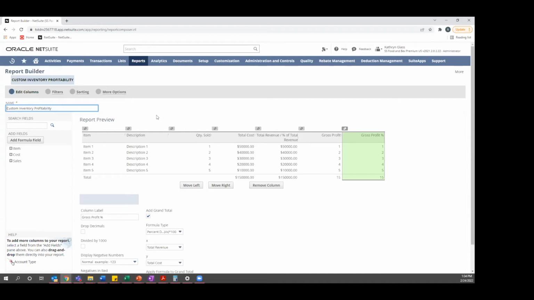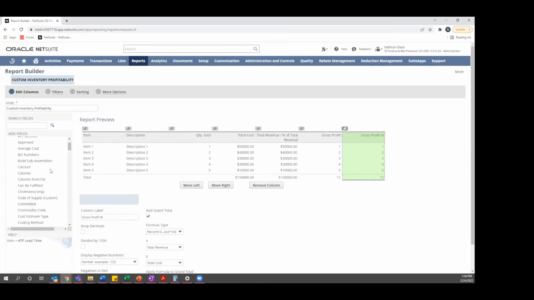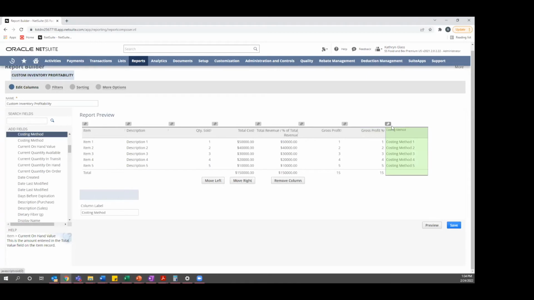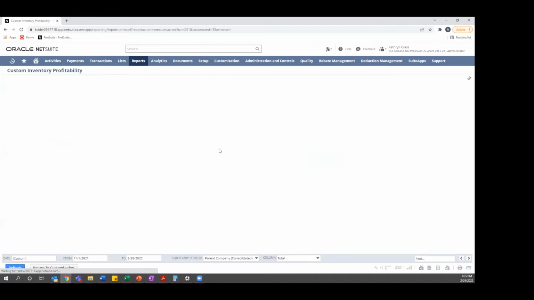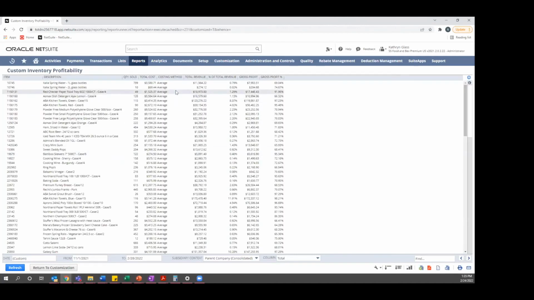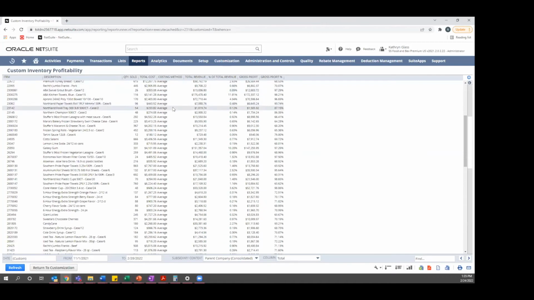But if I'm just building a report for myself and I want to add, well, let's see here, an item field. Let's say that I wanted to add in here what the costing method was for this item. So FIFO, LIFO, average. And I wanted to shift this in my report so that it was right next to my total cost. It's that simple. So now I can see that the costing method on most of these items is all average